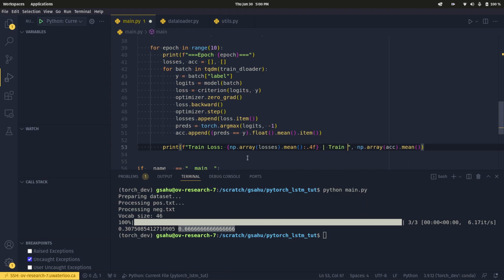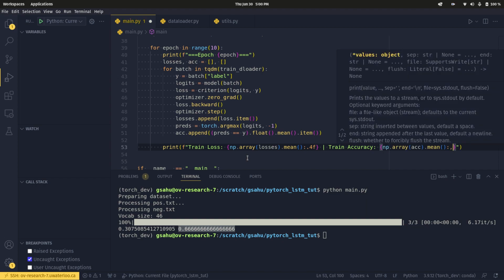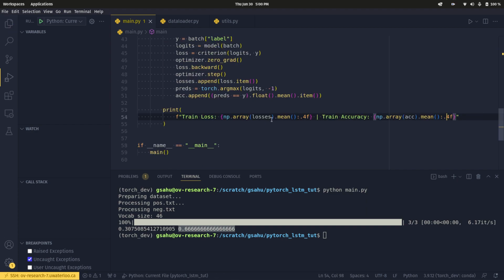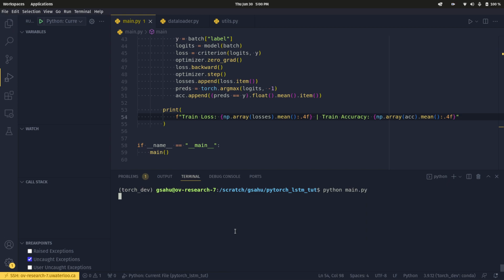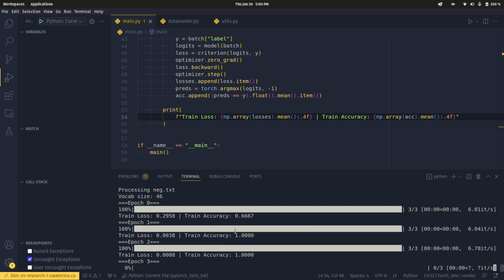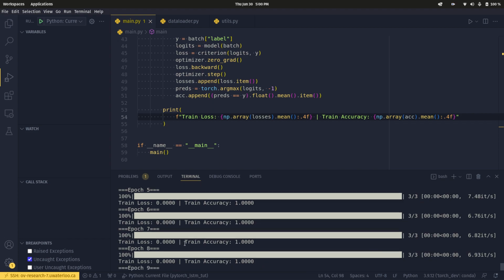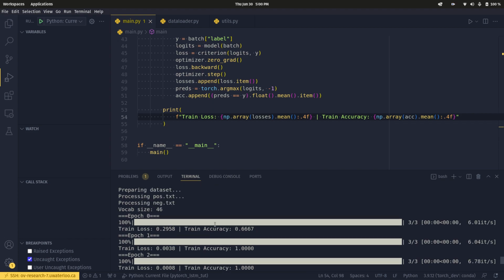And train accuracy, this guy, and this guy, except not that guy. So now if you run this for epoch, whoa, see, the model literally overfitted because we only have like 200